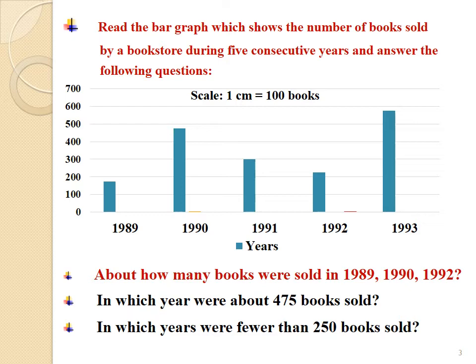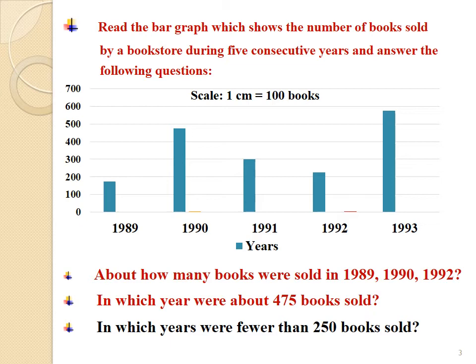Now, sum number 2. In which year about 475 books sold? Students, look at the bars again. In the year 1989, only 175 books were sold. In the year 1990, 475 books were sold. Thus, we can say that about 475 books were sold in the year